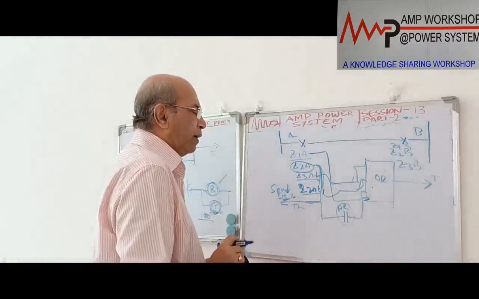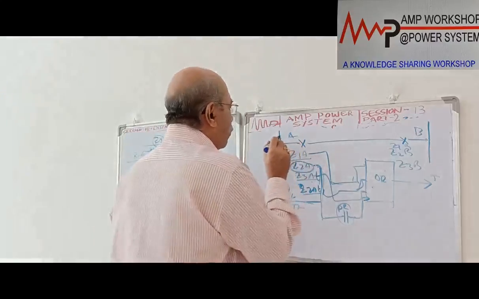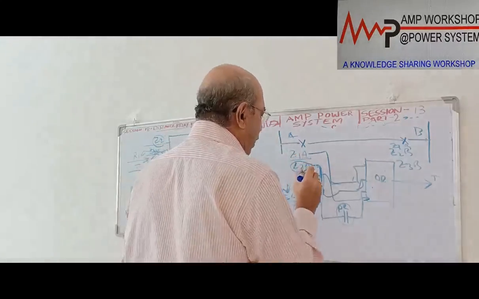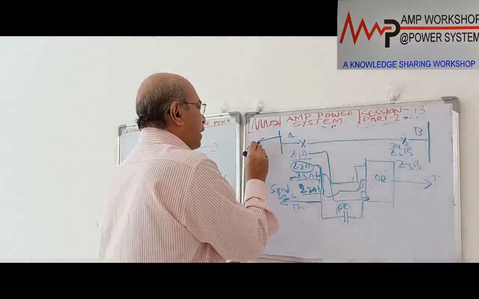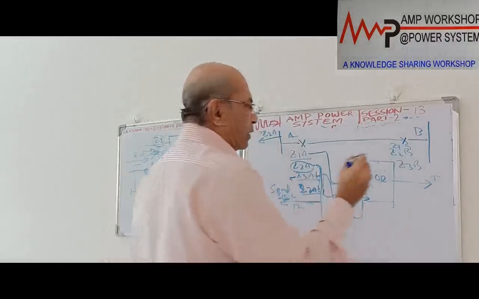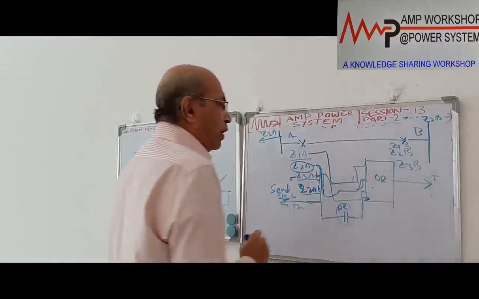And the zone 2 element over here is giving the send signal. Okay. In the case of the hybrid scheme, what we do is put in Z1A, Z2A and Z3A, and the third element, Z3A, we put in the reverse direction. Here Z3B we put in the reverse direction, like a blocking scheme.